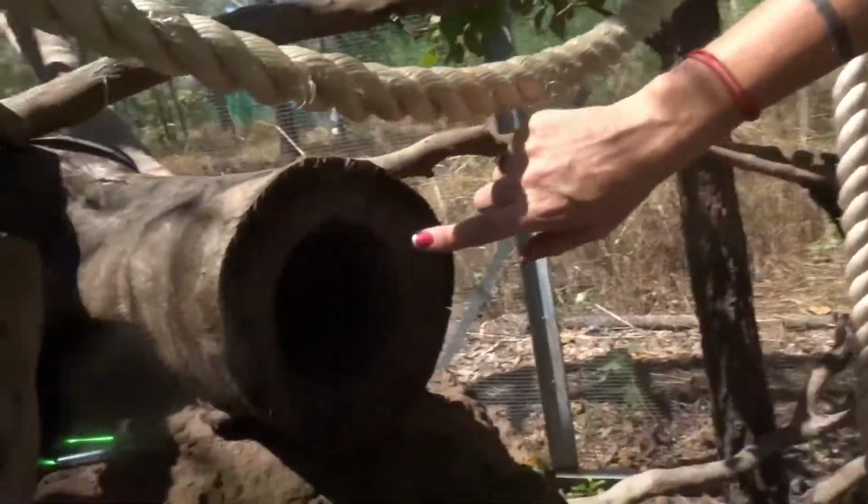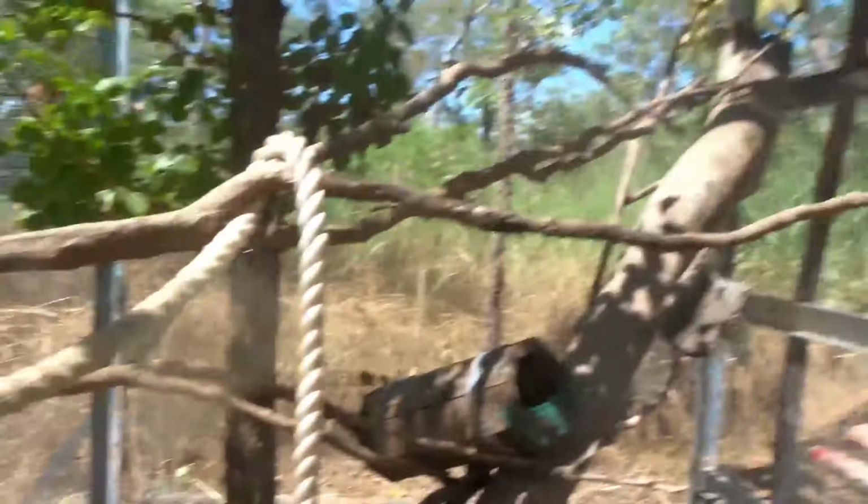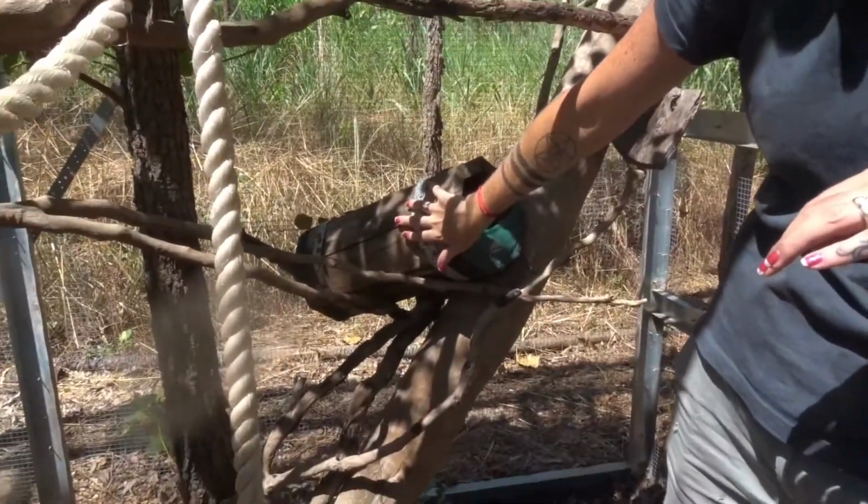What we can do, the first thing is plant lots of native plants. That really helps. We can put up hollows. So here in the sugar glider enclosure we have a couple of natural hollows. So just down here we've got a natural hollow. We've also got some natural hollows up here, but we've also got some that we've made. So there are nesting boxes, there's natural hollows, there's all sorts of things that you can put up and around